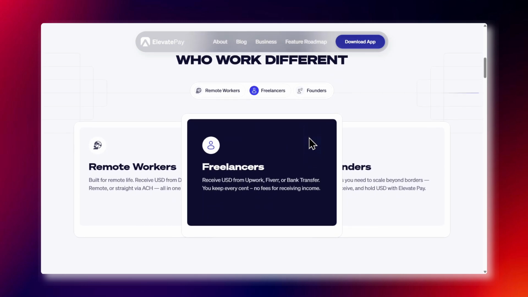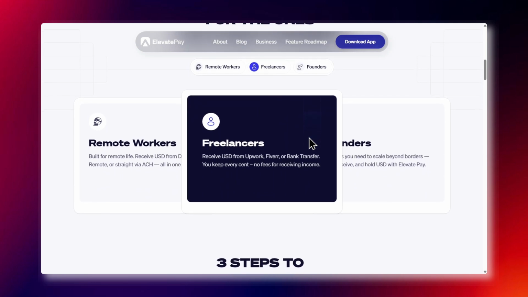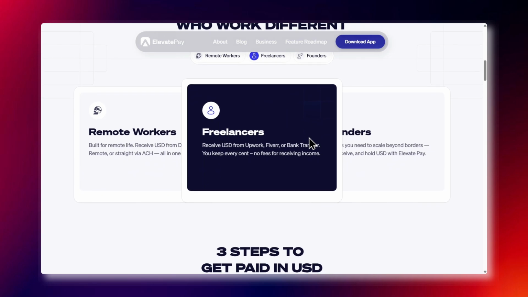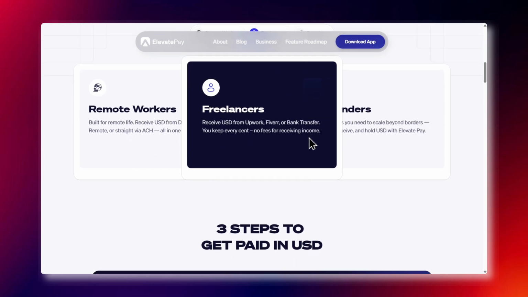Just make sure you always keep your account secure, use a strong password, and verify all transaction details before sending or withdrawing money. Once everything is set up, you can smoothly use Elevate Pay for freelancing payments and international